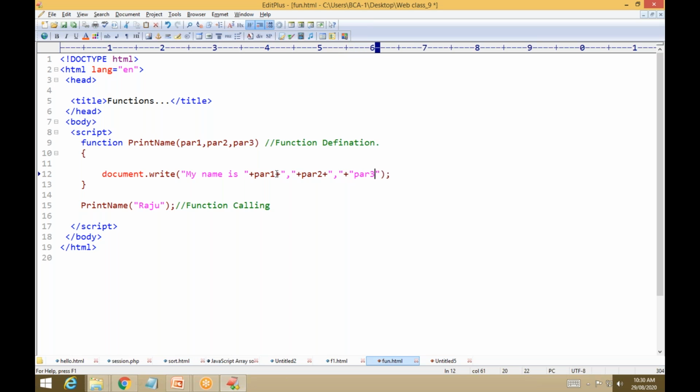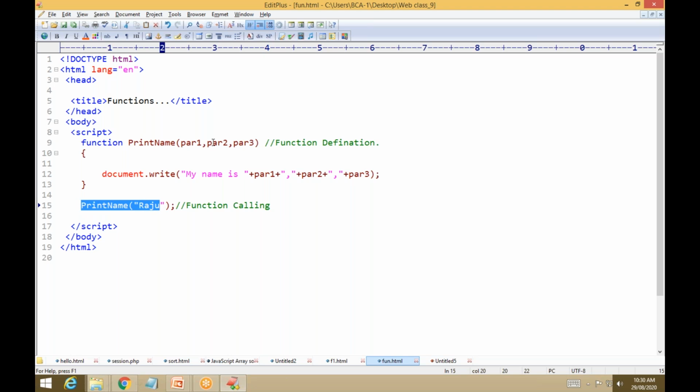That is the parameters, outside, right, here like this. Save this one. I want to execute it like this, but here I am passing only one value. Just observe: the definition has 3 parameters, but in the function call you are passing only one value.